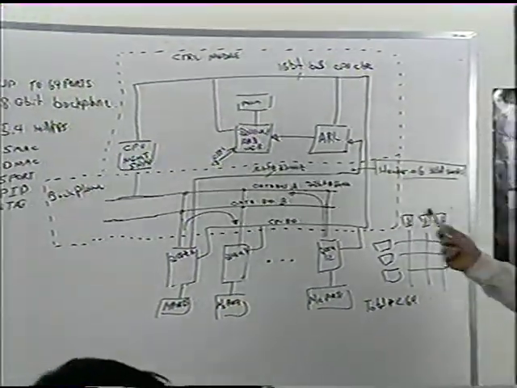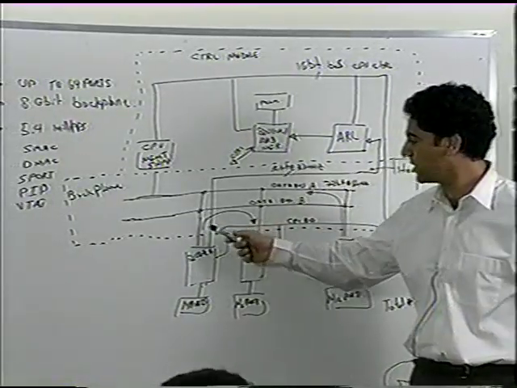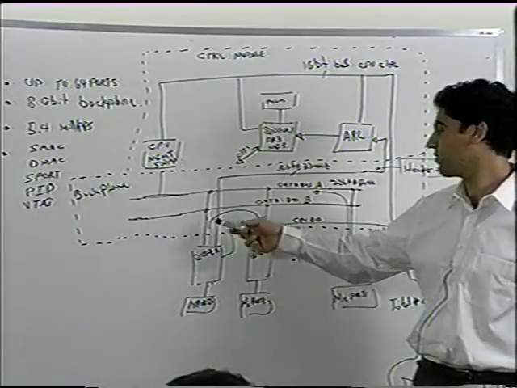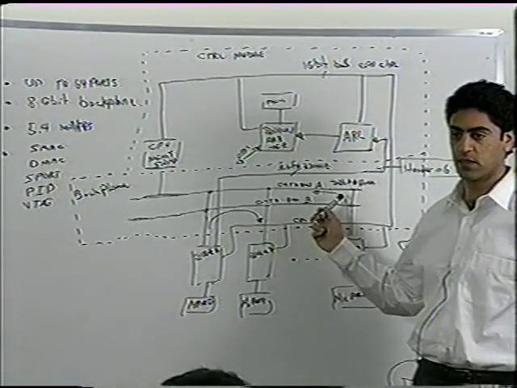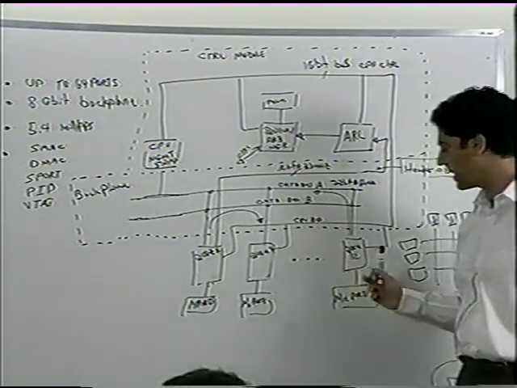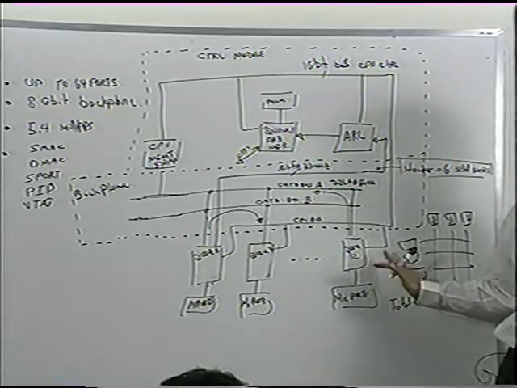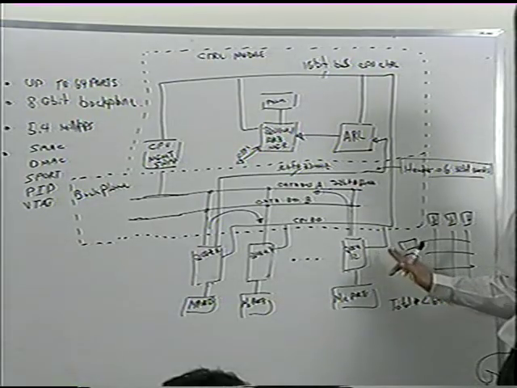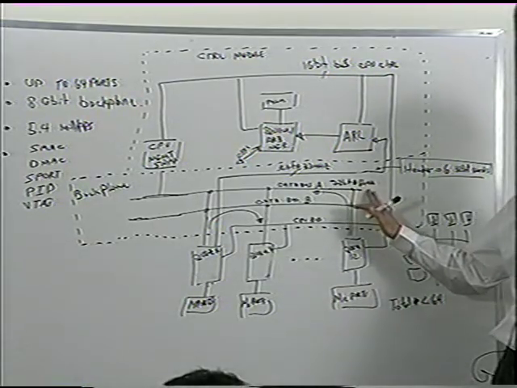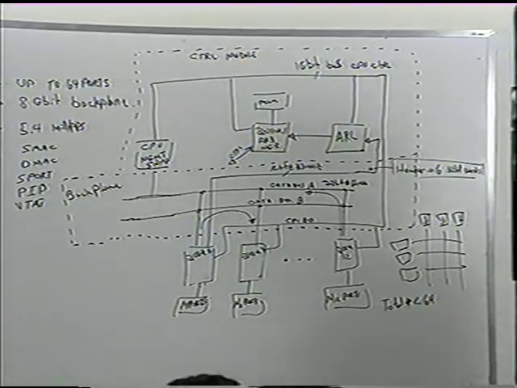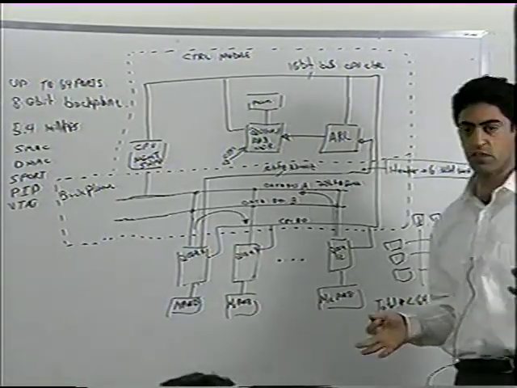Now, the other nice thing about doing it this way is that if you have any multicast frames, any broadcast frames, they don't get transferred twice on the bus. The bus is extremely efficient. Every frame that enters the switch, if it doesn't get filtered at the input, then it only appears on the bus once. If you have, for example, what we call shared memory architectures, which are more cost-effective,